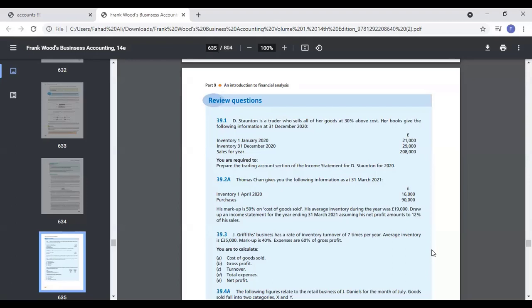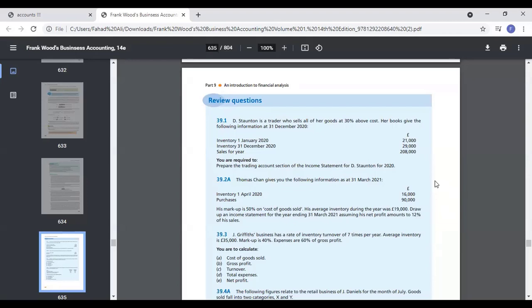Is it like the top section, till gross profit? Yes, starting from the sales till the gross profit. That is called the trading section, and the lower portion is called profit and loss, where you calculate the profit and loss after the gross profit.